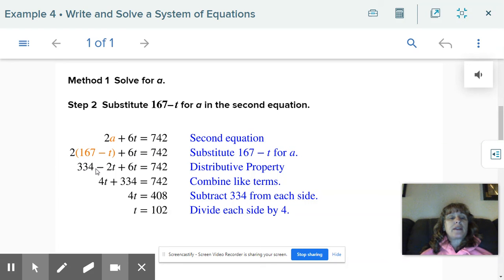334 stays by itself, but we have to combine our like terms, which is negative 2T and 6T. And we get positive 4T. And I'm going to go ahead and put this in. You don't have to necessarily switch this around, but you do have to know that we need to subtract 334